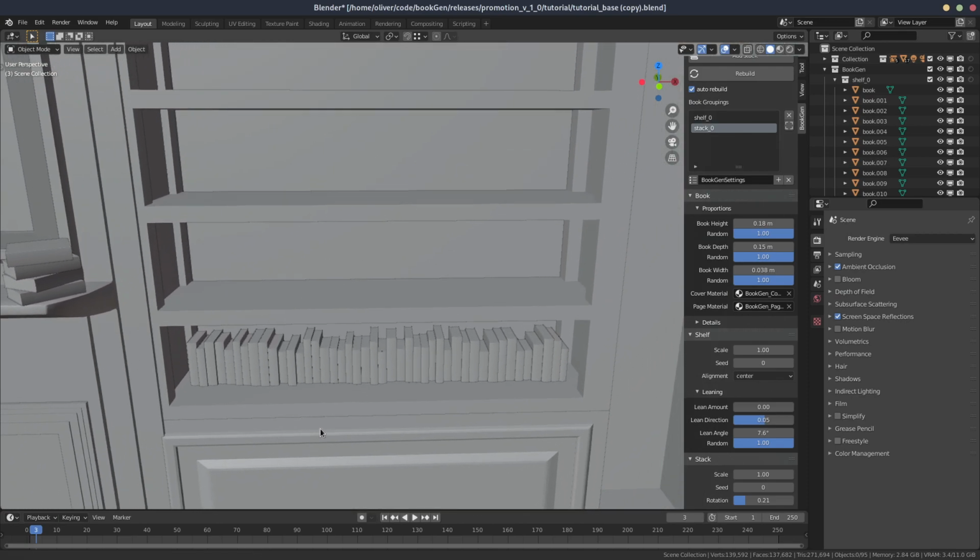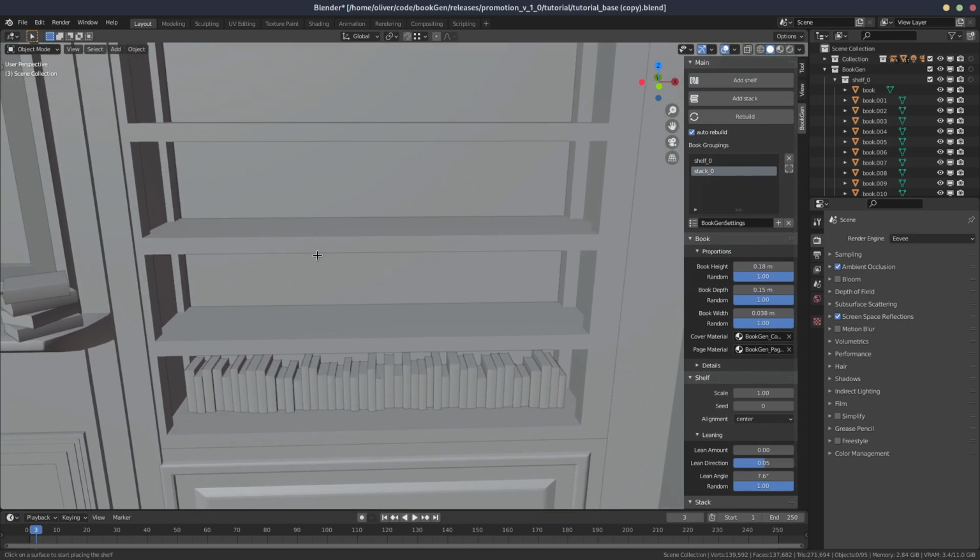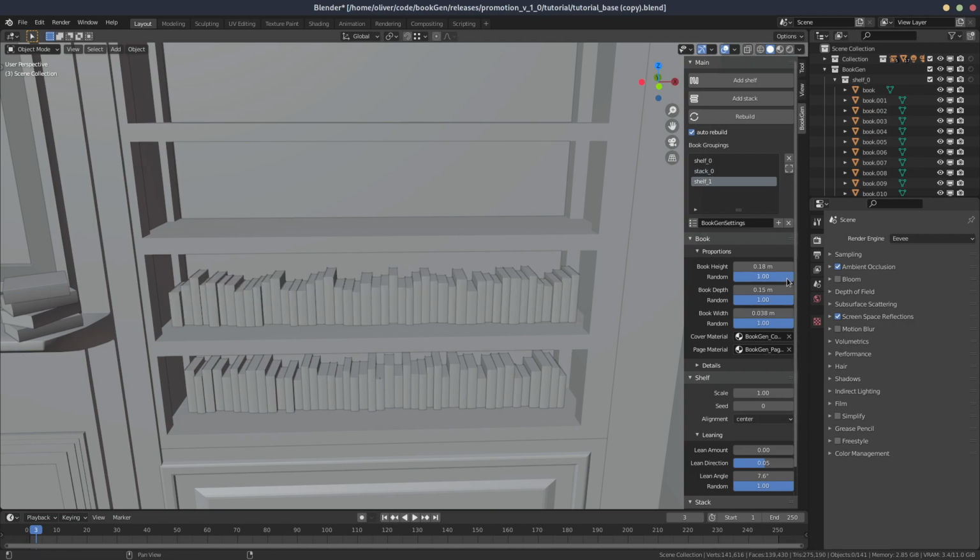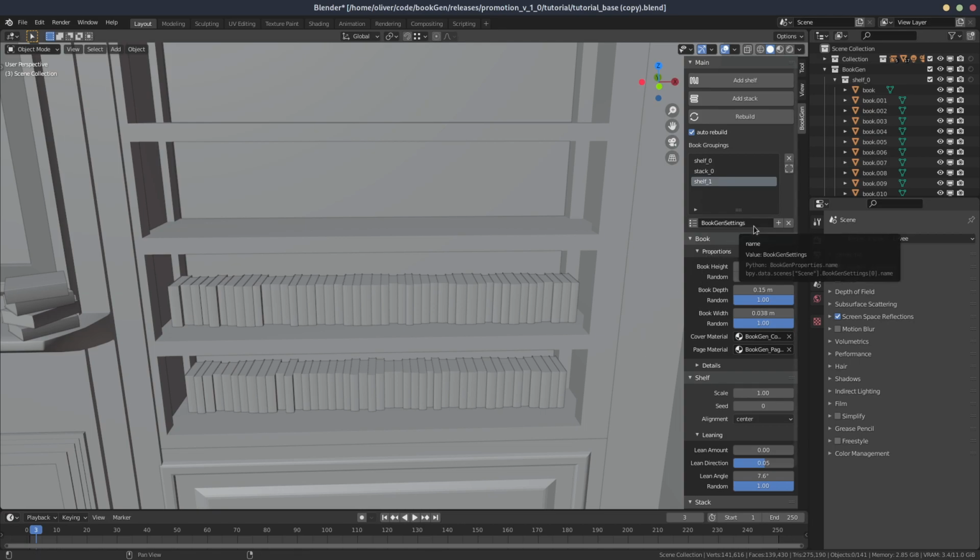Let's create another shelf. And let's set the random height to 0. As you can see, both shelves and the stack have changed. That's because all groupings are currently using the same settings called BookGen settings, similarly to how particle systems can share the same settings. To create a new settings block, we can click on the plus sign,